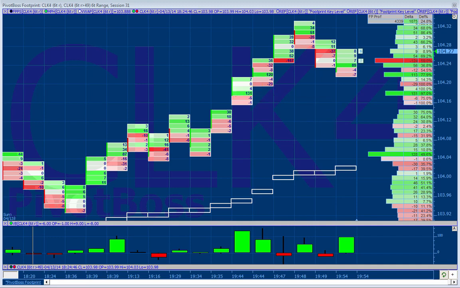Okay? Now what happens if a big seller hits the market? Here's a 41 contract sell imbalance. It sells. You ask yourself, what should happen? Well, if this is a big seller and a big sell imbalance, price should go down. What does happen? Price actually goes up. Uh-oh.